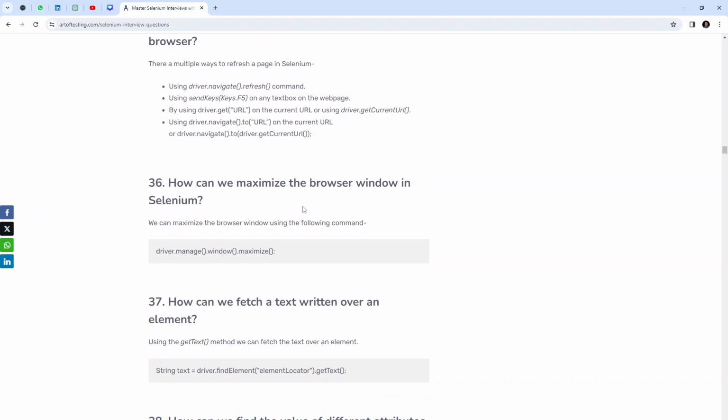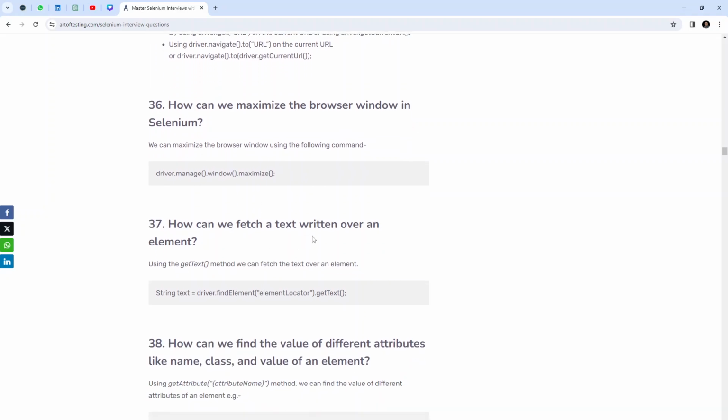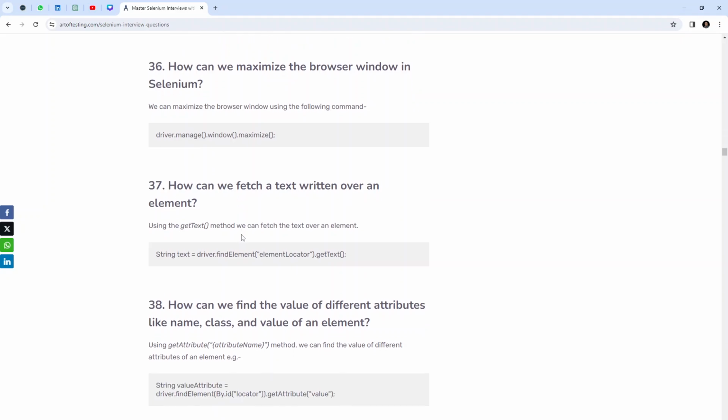How can we maximize the browser window in Selenium? We can maximize the browser window using the following command: driver.manage().window().maximize(). How can we fetch a text written over an element? Using the getText method, we can fetch the text over an element. String text = driver.findElement(elementLocator).getText();